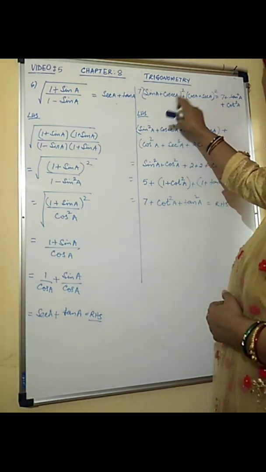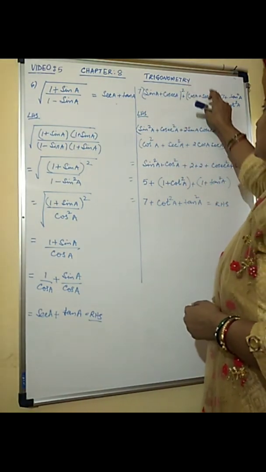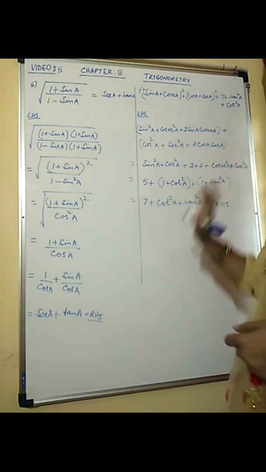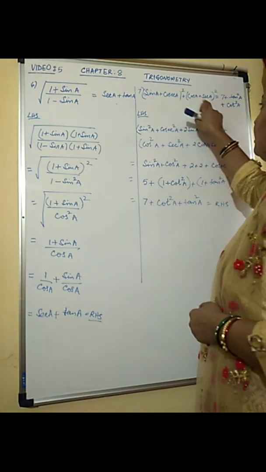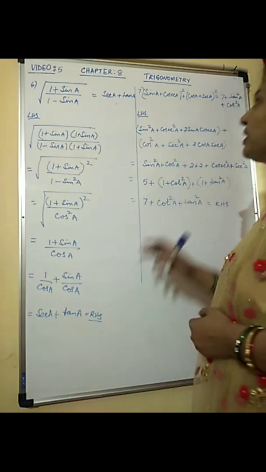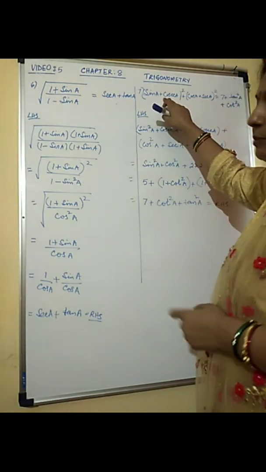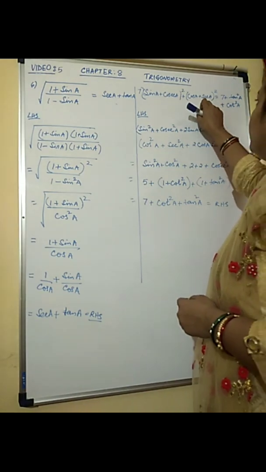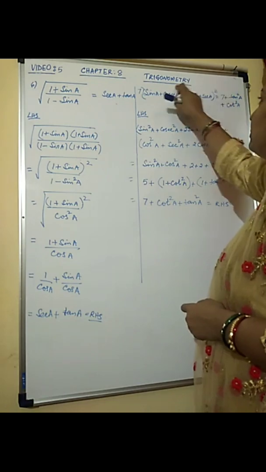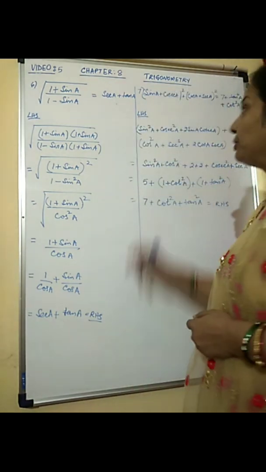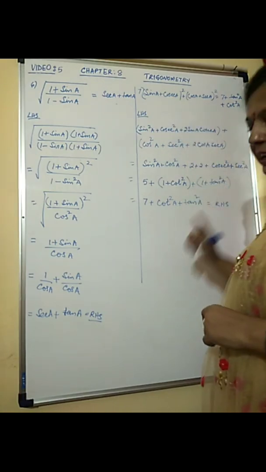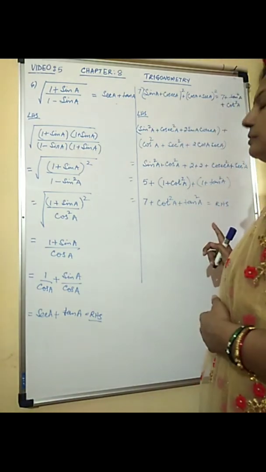There is sin A plus cosec A whole square plus cos A plus sec A whole square. This is equal to 7 plus tan square A plus cot square A. Now here you are given sin, cos, sec and cosec. The answer is in terms of tan and cot. So something which you know, you can always convert cosec in terms of cot. You can convert sec in terms of tan. So we are left with sin and cos, which have perfect squares. So if you have the perfect squares of sin and cos, this will give you sin square A and cos square A terms, which will together make 1.